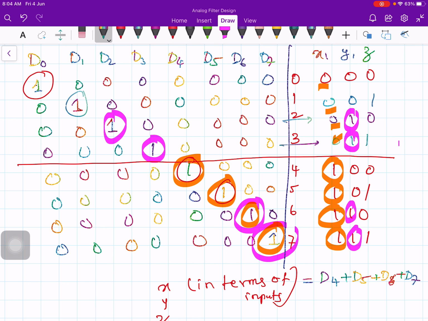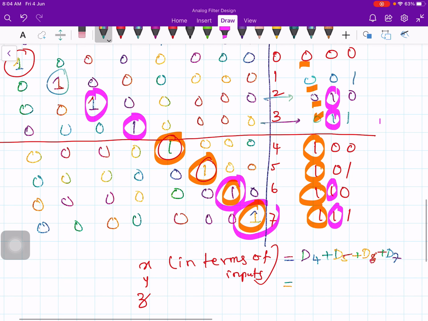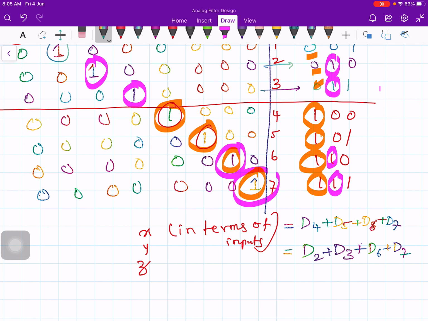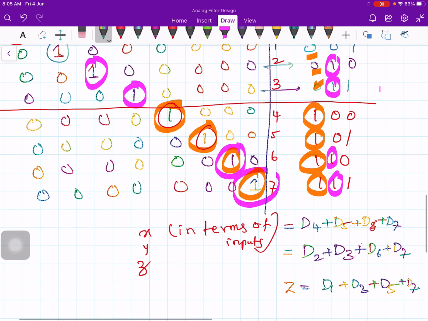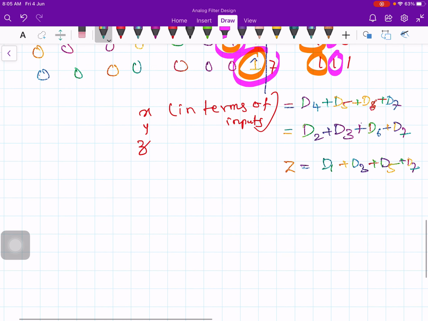Therefore my Y is going to be D2 plus D3 plus D6 plus D7. Similarly, you can write Z. This Z is going to be D1 plus D3 plus D5 plus D7. Okay, now I got the simple expressions.